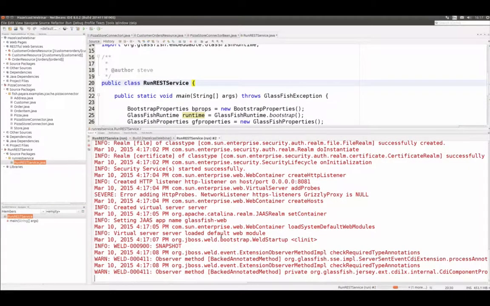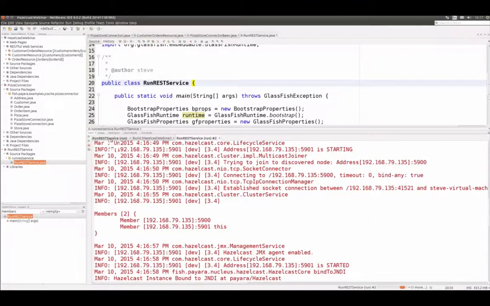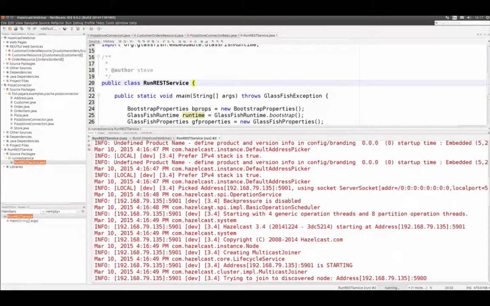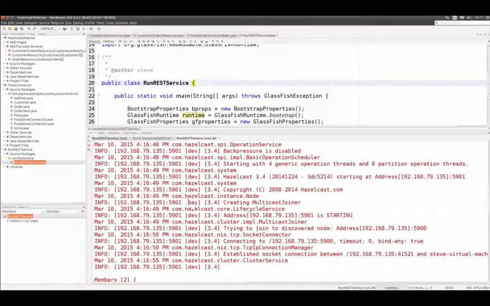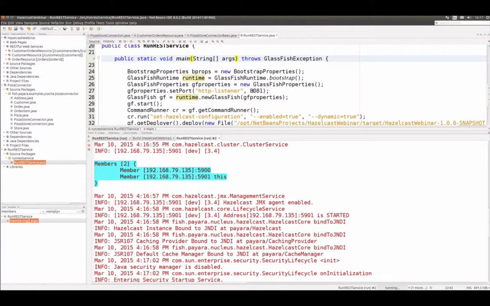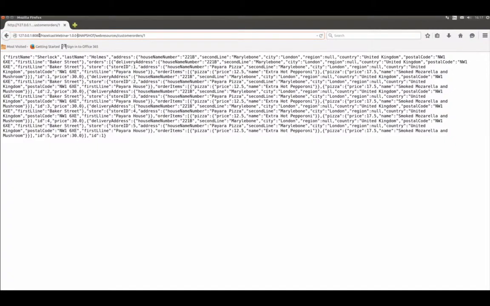And the reason I'm showing you that is, you can see on the second one that again we have two nodes in the first one. The first server we ran can see 2 nodes, and the second server can also see 2 Hazelcast nodes. So we have a clustered service. And the benefit of that is we just started this second server on port 8081. So if we change the port on our browser to 8081 and run the same service again that we had before,